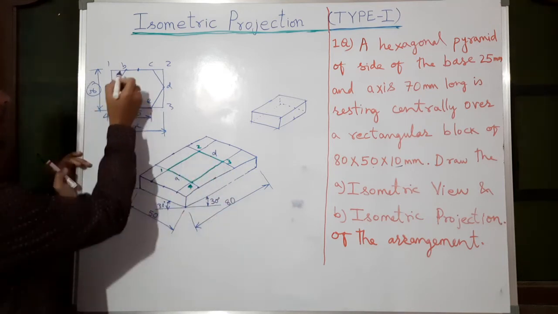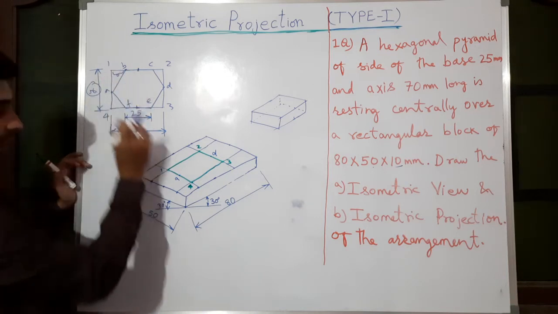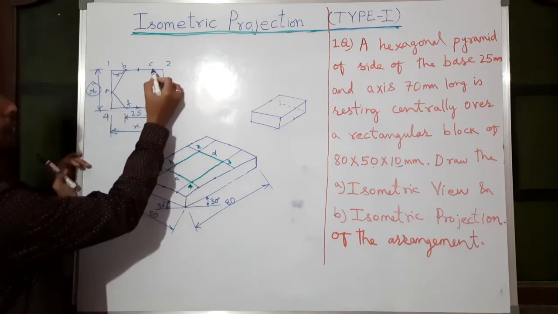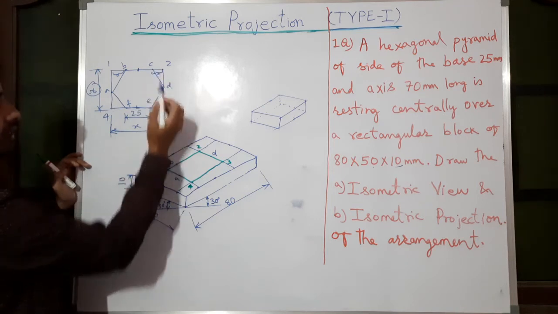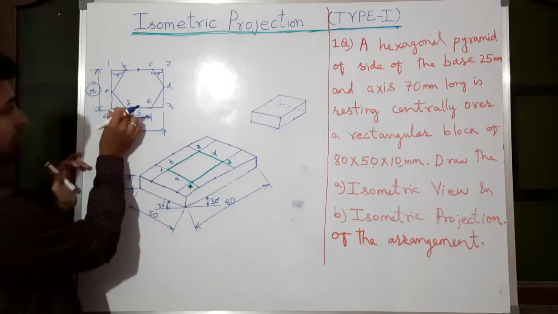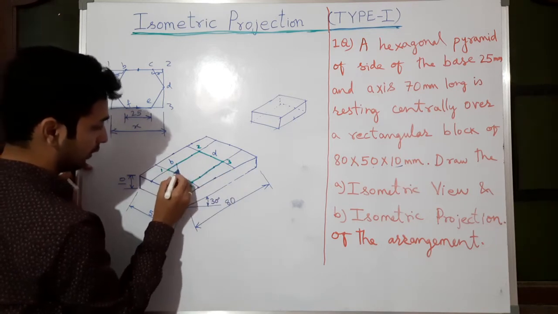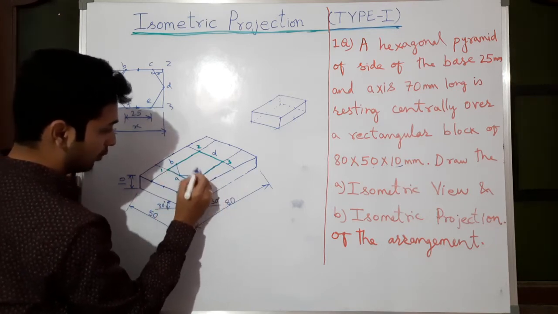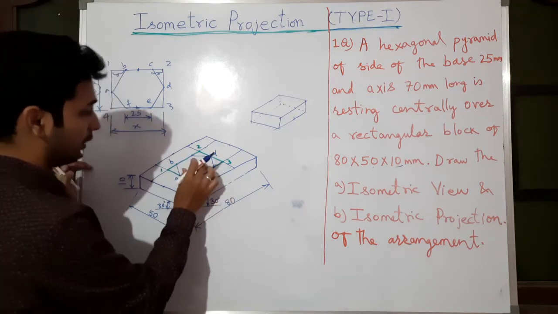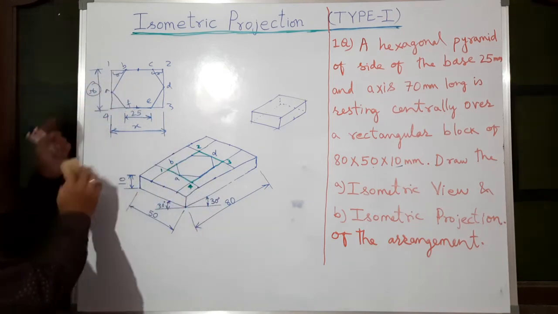Okay, then point B: measure the distance from 1 to B and transfer it here from 1. Then point C: from 2, measure this distance and transfer it from 2 like this, direct distance. Then similarly 4 to F, 3 to E, put it and draw the lines. The entire diagram so far you need to do in thin lines only. So this is how we have transferred the base. Now this job is done, so we will erase this diagram now.